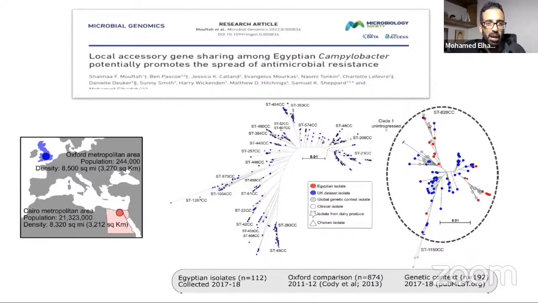So our hypothesis here is that the selective pressure in Egypt, from the uncontrolled use of antibiotics, might drive acquiring more accessory genes by horizontal gene transfer. First of all, we made our tree, as for any analysis about evolution, and this is a minimum spanning tree. The red dots are the Egyptian isolates, the blue ones are the UK datasets, and the gray ones are the global ones, and these are the different infection sources.